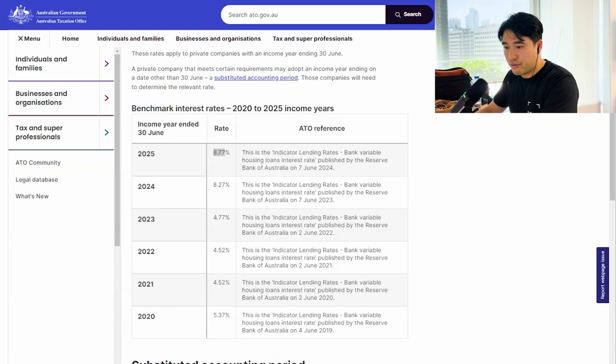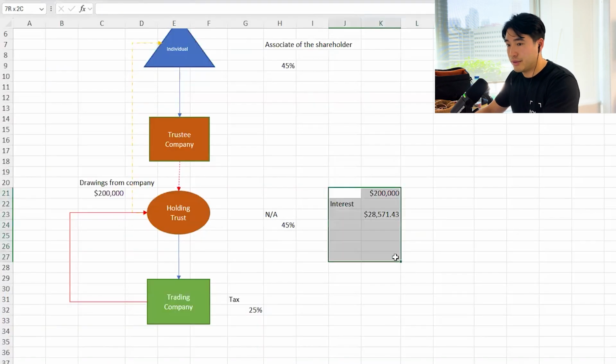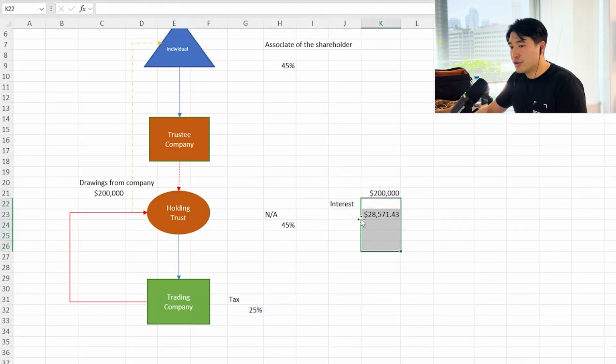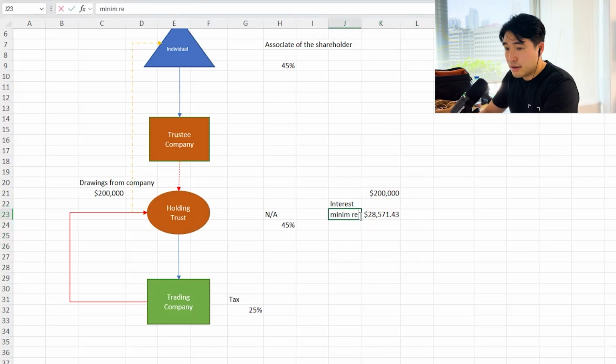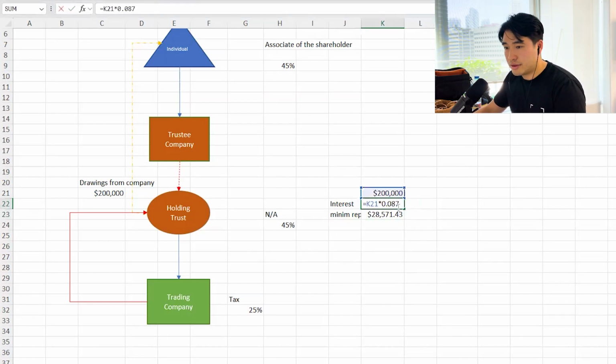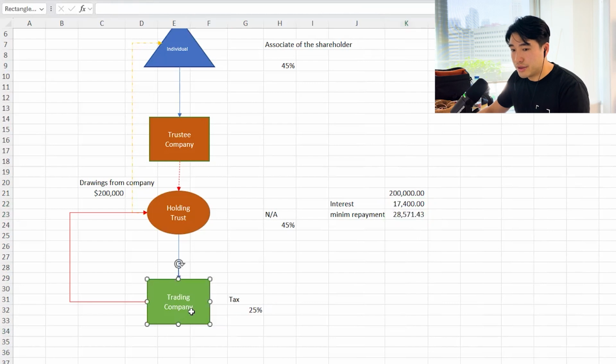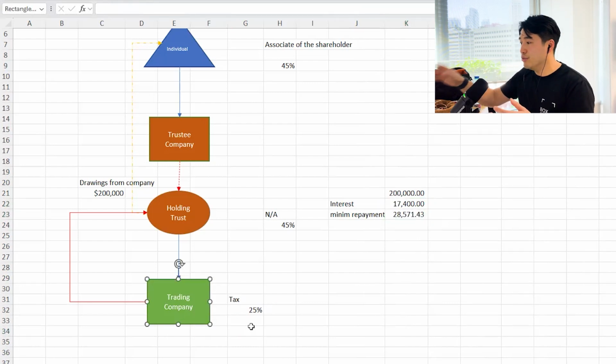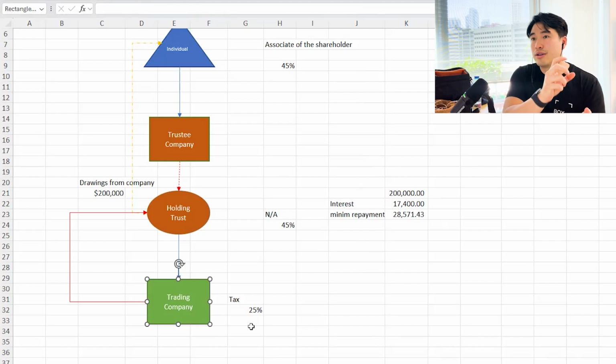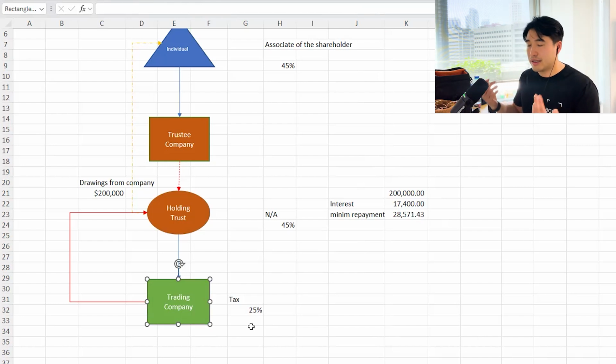Whereas in your company, it's 25%. Does that make sense, guys? Like why people actually prefer to take up a Division 7A loan? Like you still have to make minimum repayments. You still have to pay the interest, but the interest is claimable in your personal name. So you can reduce your taxes on there and reduce your profits. And on top of that, the income that you receive in your company is 25% tax. So you actually move some of your profits and income into your company that has a lower tax rate. So that's why people like it.